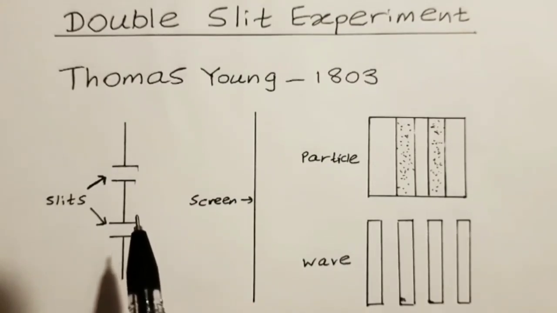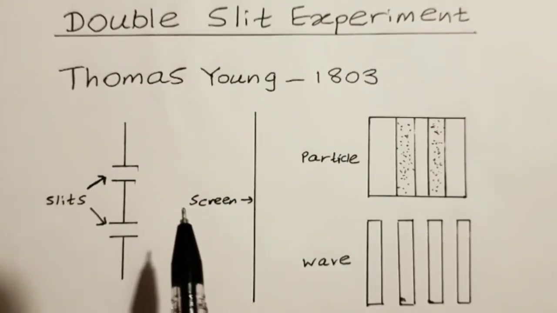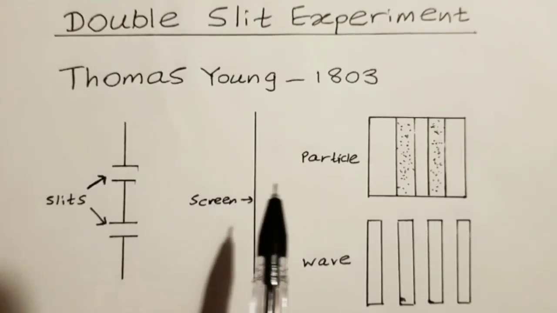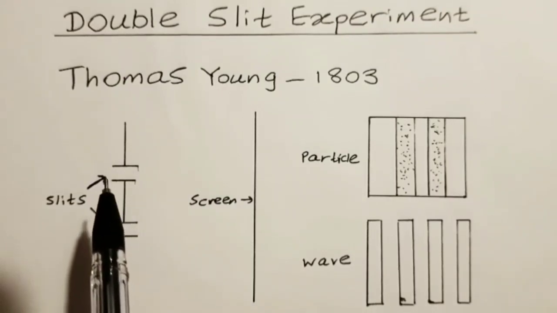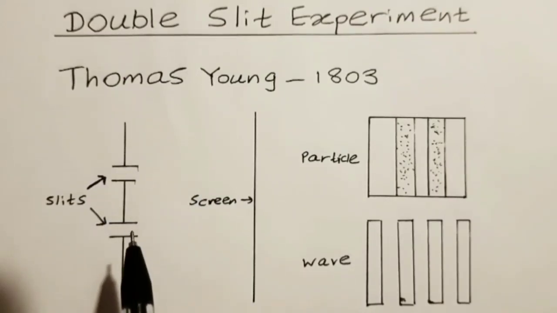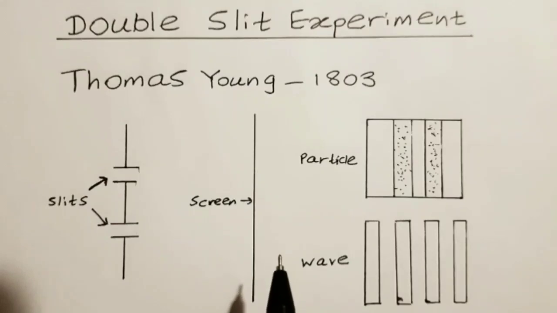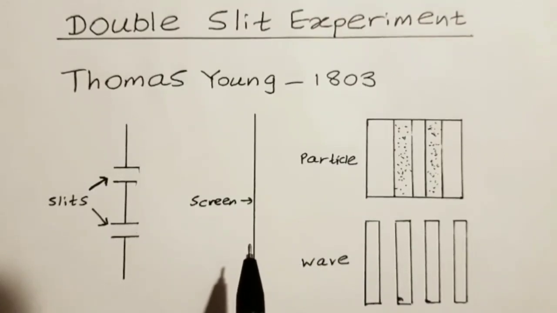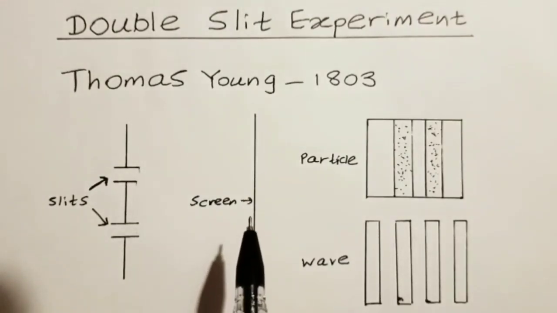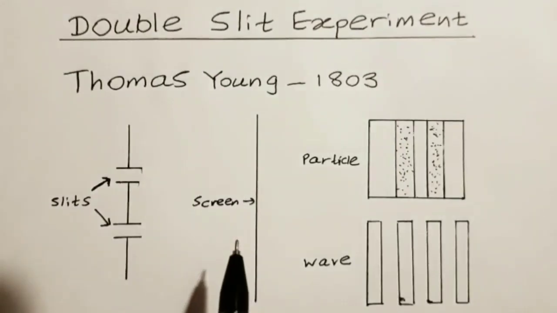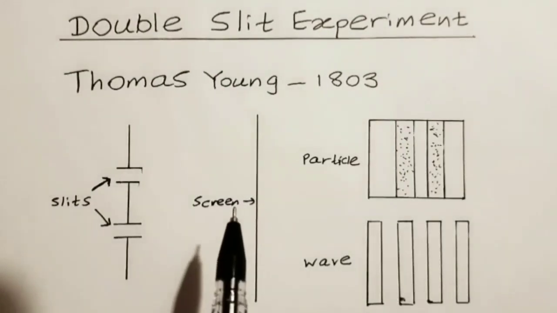We can see two slits here and a screen. If it was particle nature, we can only see two patterns, here and here, when you send a particle through these two slits. But as we send light, we can see the wave nature and a pattern similar to this. So we would have a similar pattern on the screen with equal gaps in between. This could go from minus infinity to plus infinity, or till light can exist in a particular region from here